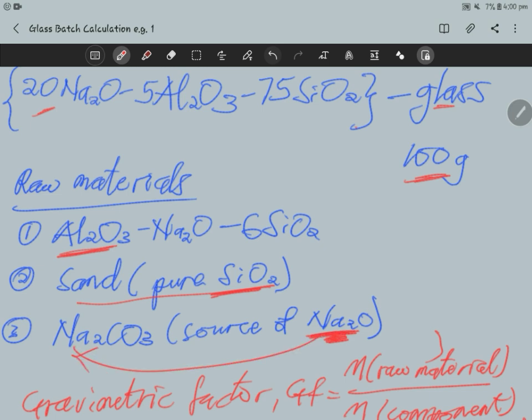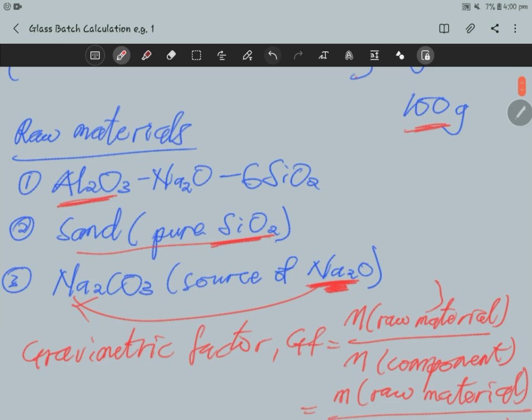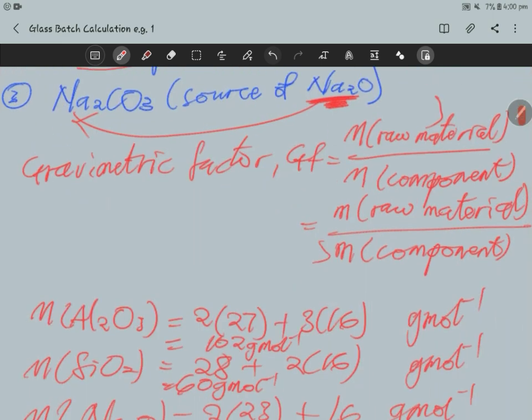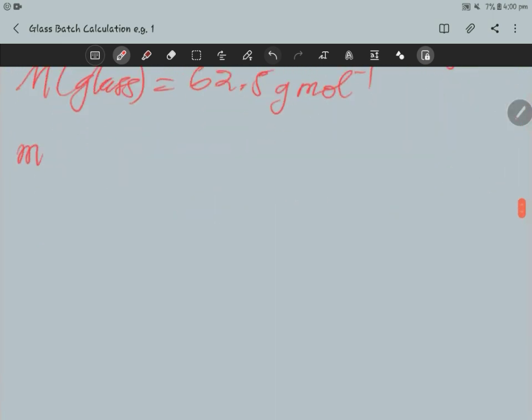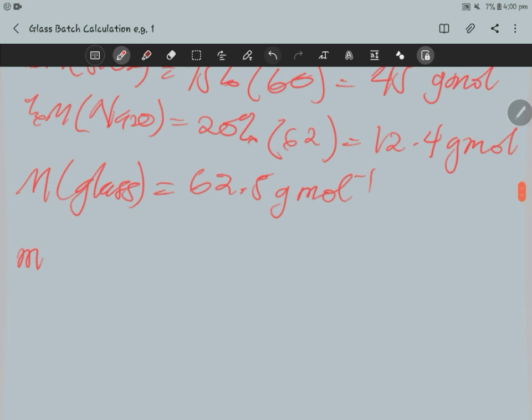So let's find the mass of the Al2O3 that we need. So here's where we need the fraction. So the mass of Al2O3 required,